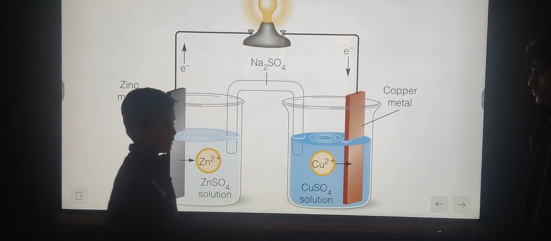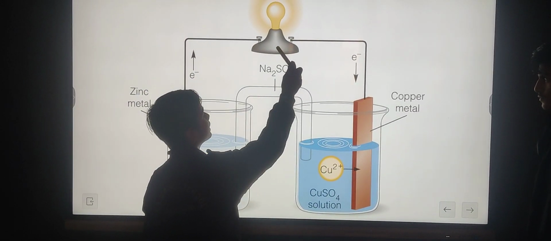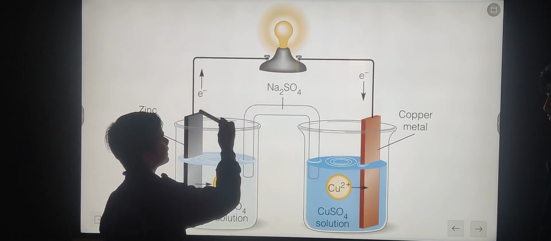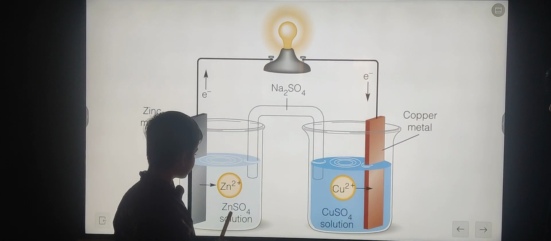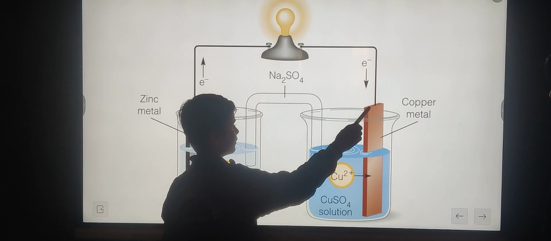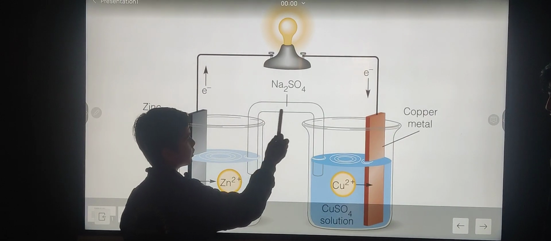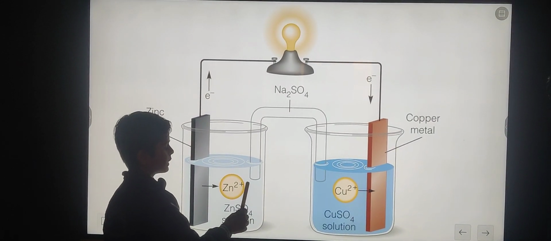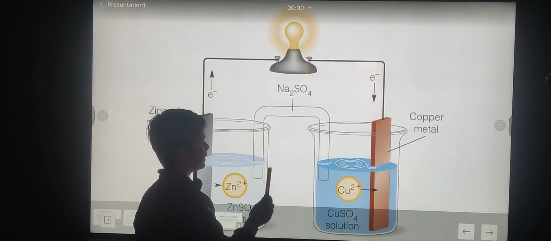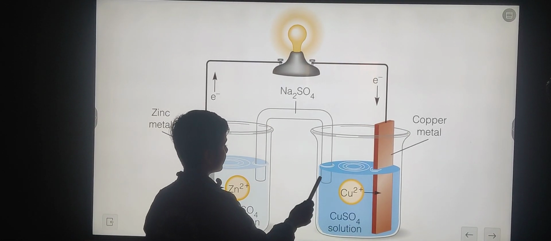All know that the current always flows in the direction opposite to the electrons. When they flow, this can generate electricity. At that time the agar solution tube is used to continue the process. It is filled with sodium sulfate, which keeps the zinc sulfate and copper sulfate solutions from mixing.